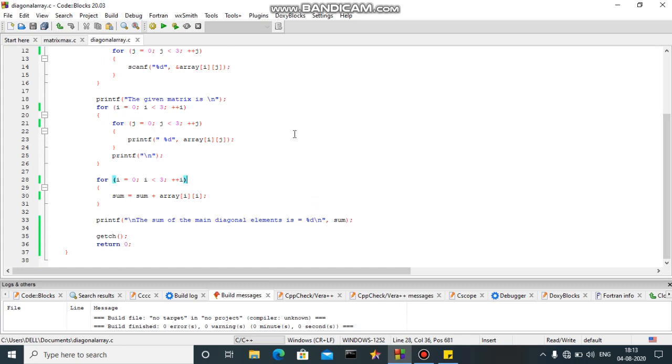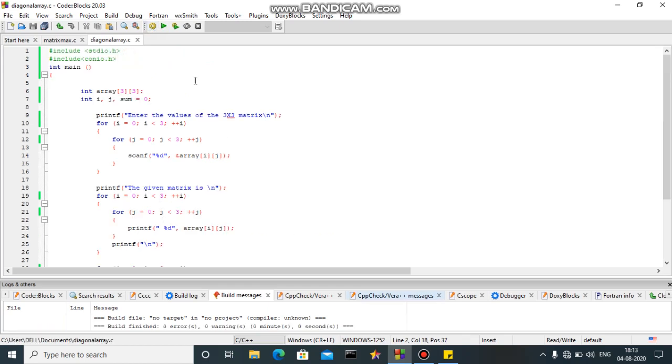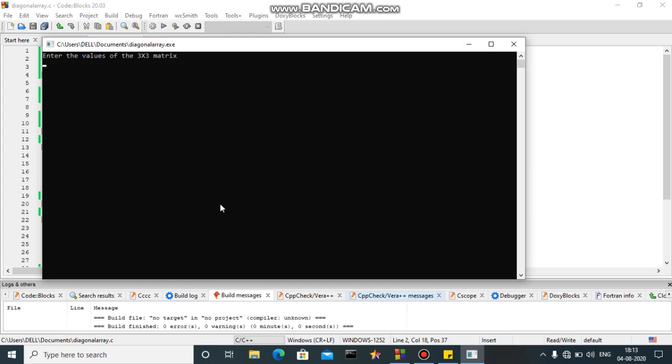So let's compile our program. After compilation, now we will run our program. Now I'll enter a 3 by 3 matrix. Suppose it's 12, 11, 13. Then the next row, the first value is again 12.